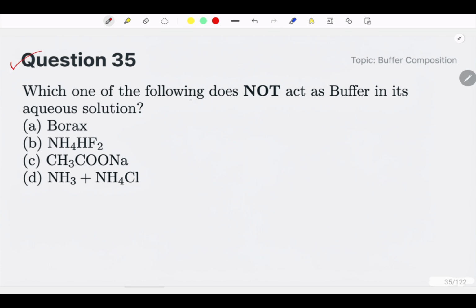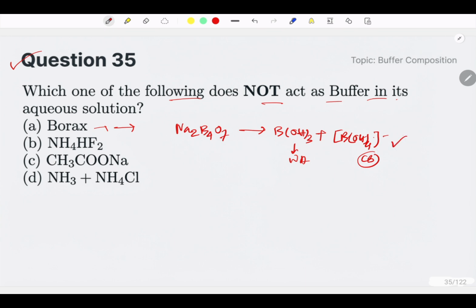Question number 35: which one of the following does not act as a buffer in its aqueous solution? So this borax, Na2B4O7, forms B(OH)3, which is a weak acid, and its conjugate base B(OH)4 minus. This is the conjugate base, so it will form a buffer. And NH4HF2